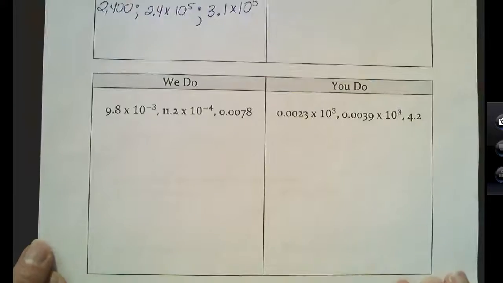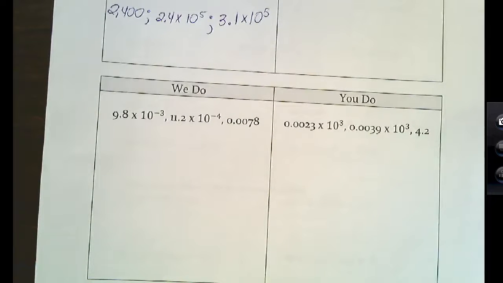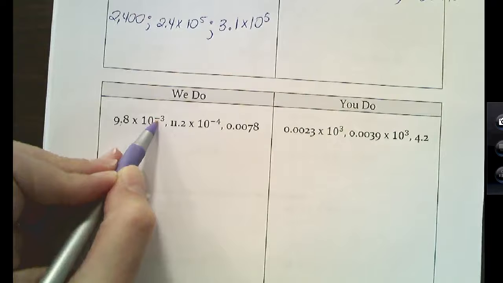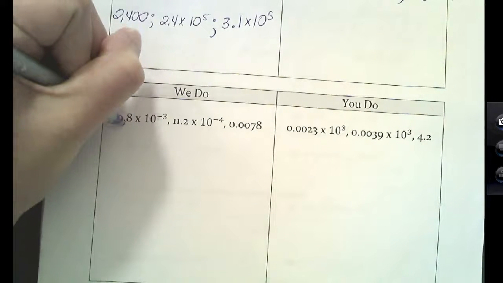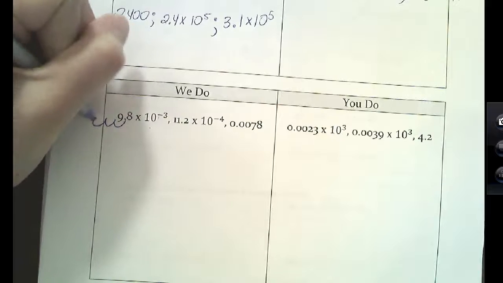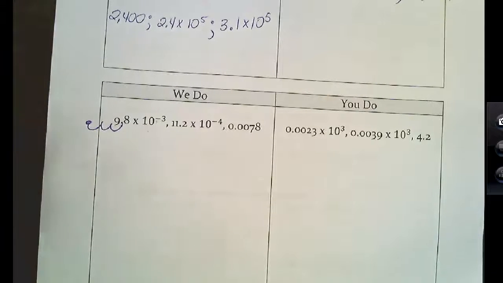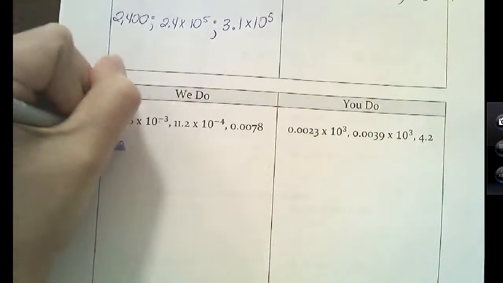Yep. Yep. So let's keep going. We're going to do the same thing down here. What's the difference on these ones? Negatives. Good. So we're going to end up with decimals. So 9.8 times 10 to the negative third power. We've got a negative power. So we move to the left. So go ahead and take your decimal and go 1, 2, 3 spaces to the left. So I'm getting 0.0098